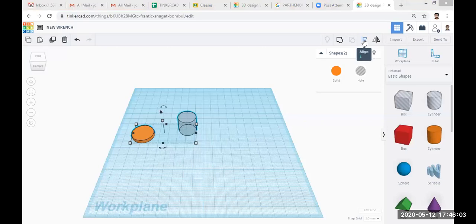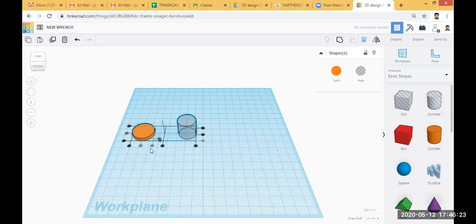So you just click the align button, and then you can see so many black dots here. These black dots are used for aligning the two shapes. Here I will click the central dot. You can see these two objects are centrally aligned.